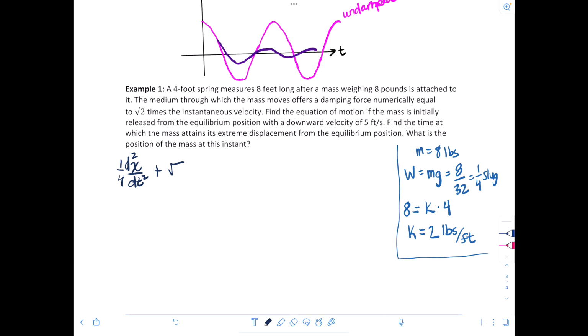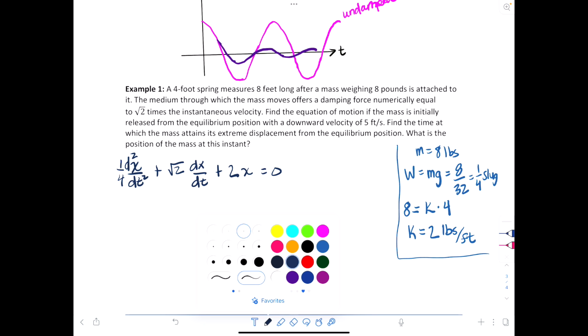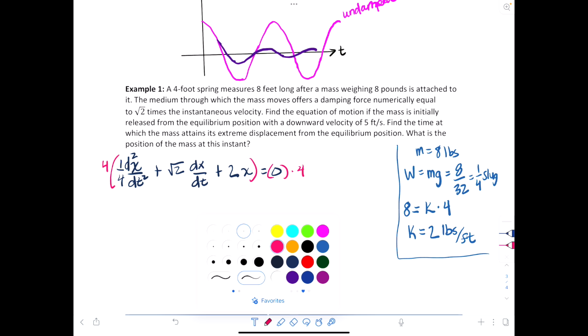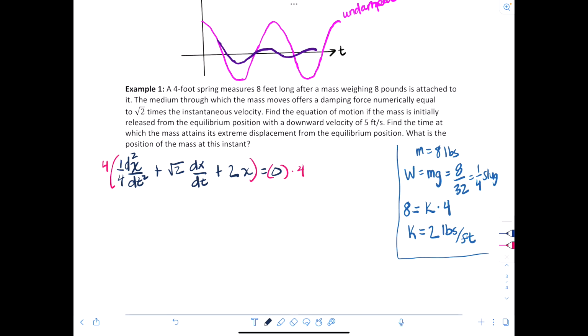So we're going to have plus root 2 times dx/dt, which is the instantaneous velocity of x with respect to t. And then we know that k is 2 from over here, and we'll have 2 times x, and all that's equal to 0. Isn't that groovy? Now, multiplying everything by 4 so that we can get a 1 as a coefficient in front of the second derivative,